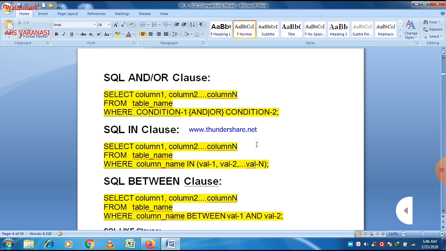Second is the in clause. Basically, when we find data from a sequence, we use in. For example, if you want to find a value in a particular set of values, we write where, then the column name, then in, and then value 1, value 2, value n. These are all the values, and out of these values we have to check whether this column value is part of those values or not.